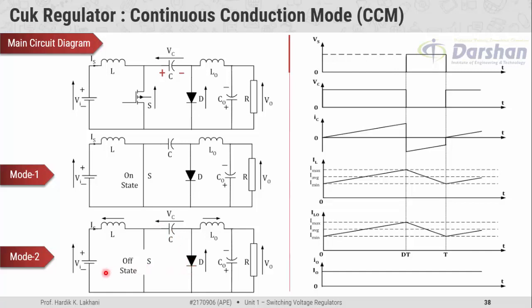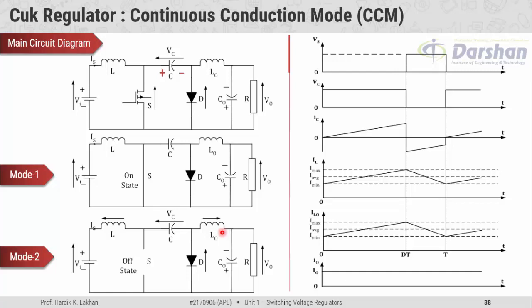So during the off state condition at the front end side, the current starts from the positive terminal, passes through the inductor, passes through the capacitor, and flows through the diode. Simultaneously on the back end side, whatever energy was stored by the inductor L0 during the first interval gets released into the load via this freewheeling diode. So current starts from this terminal, passes through the diode, passes through the load, and this is how the current flows through the closed loop path.